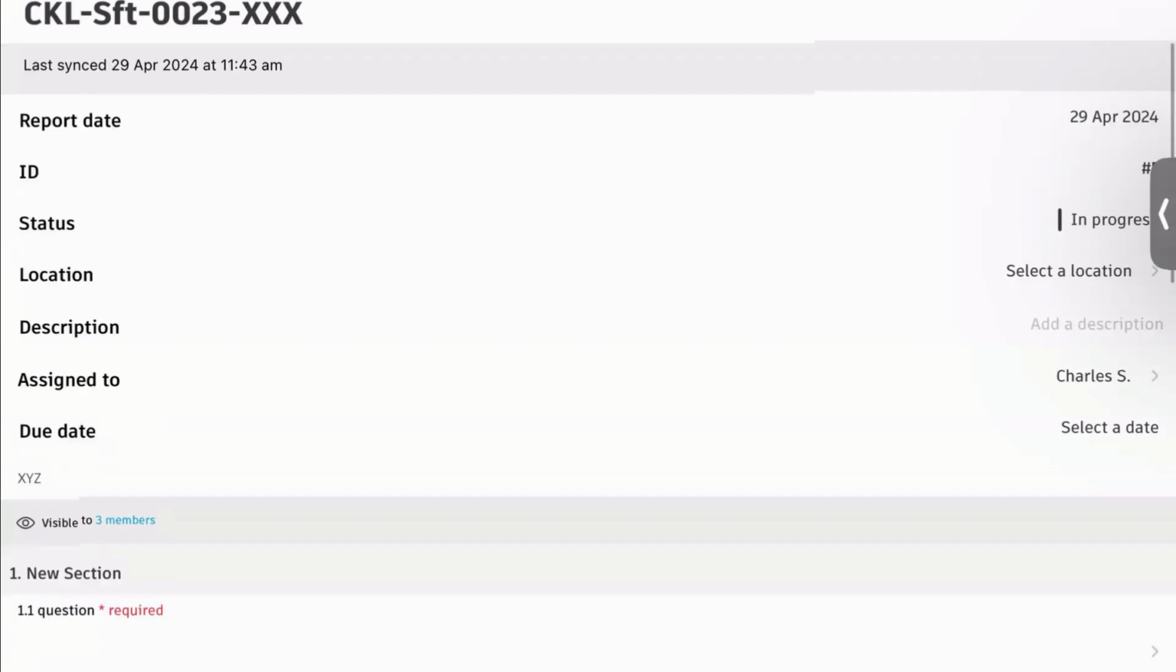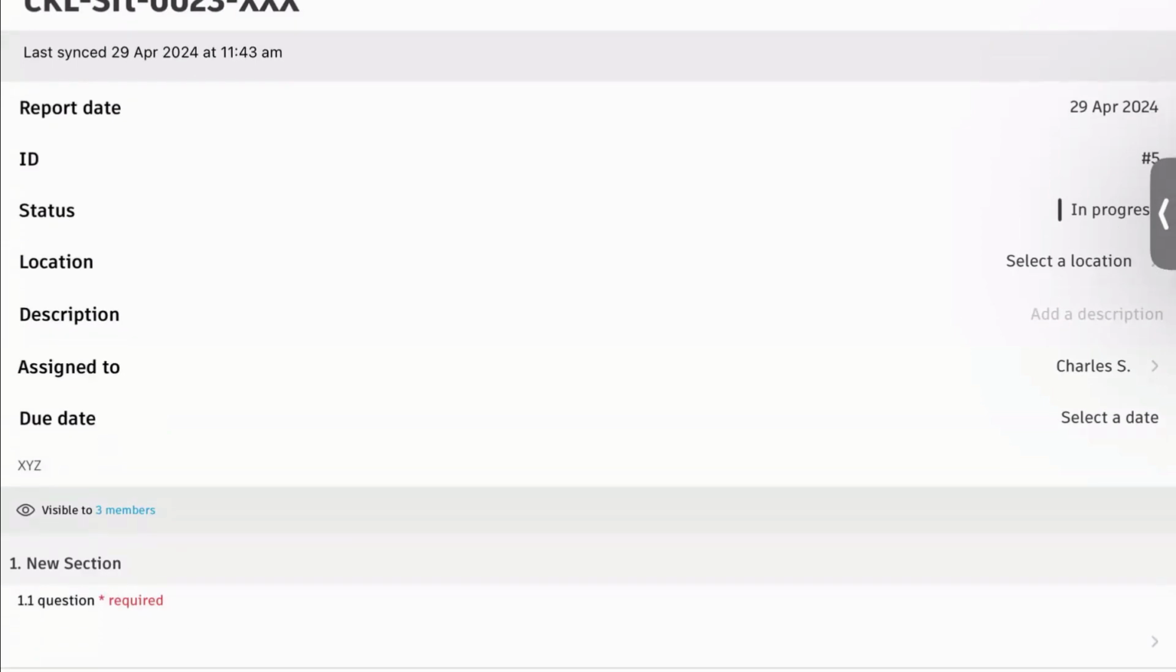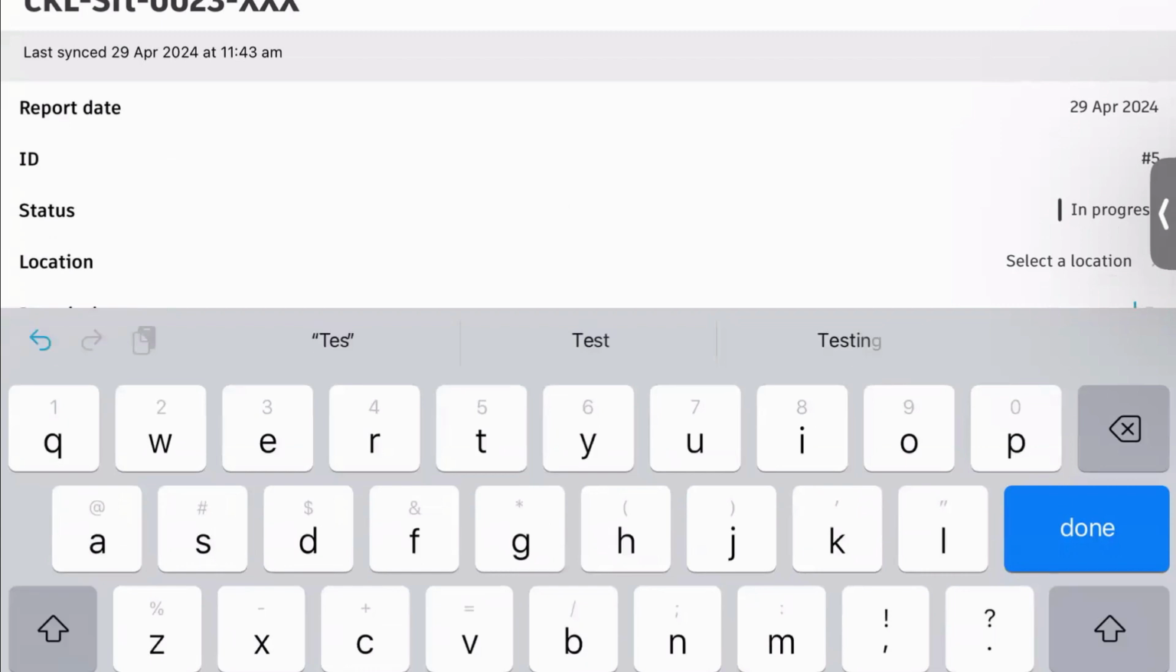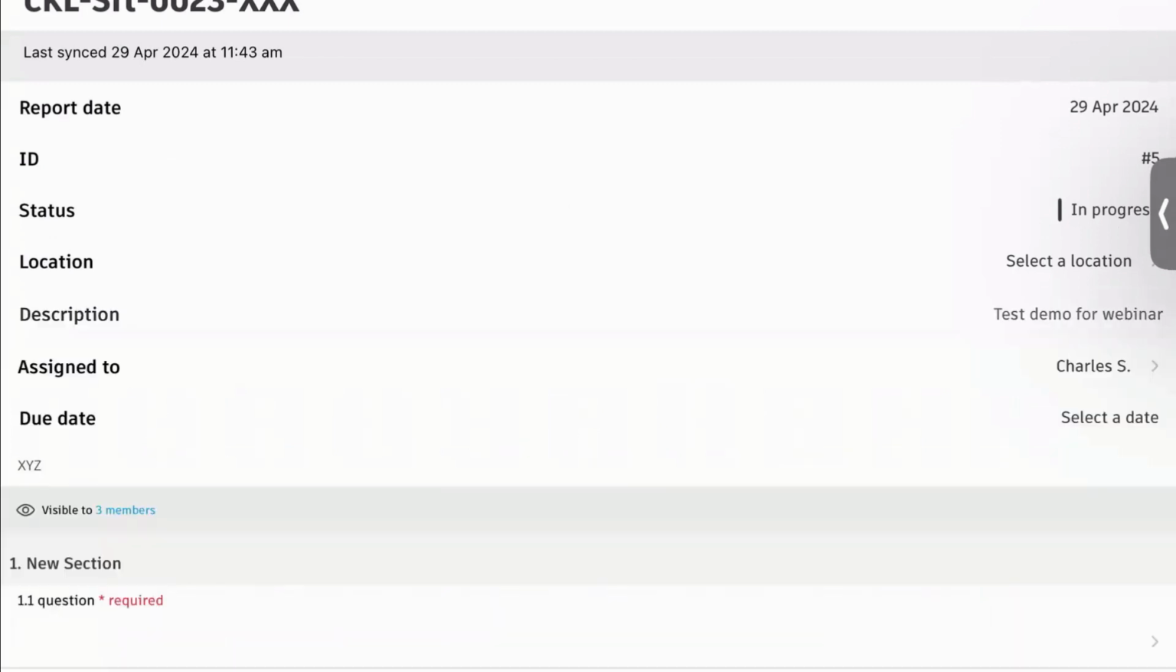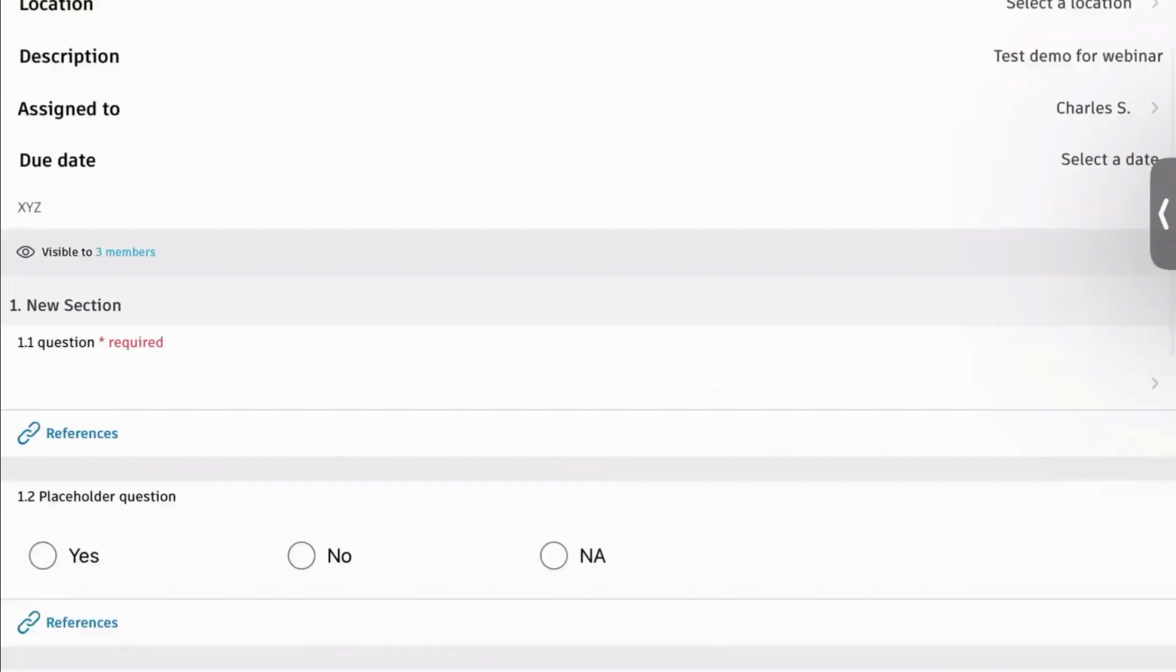So let's say I'm on the site, right? It's showing me the date of the report, the ID of the report, the status of the report. I can select a location if I want to. I can add a description. I'm going to put test demo for webinar, right? There you go. I can assign this to someone else in the project, and I can start answering all